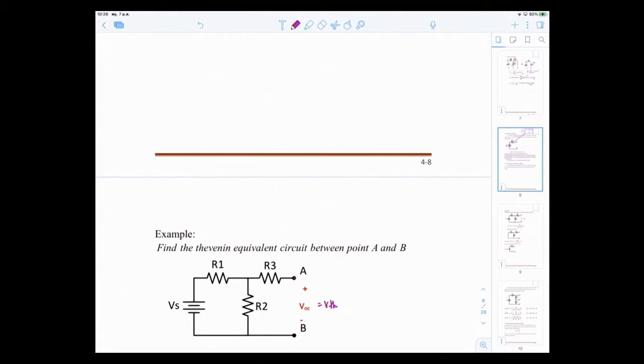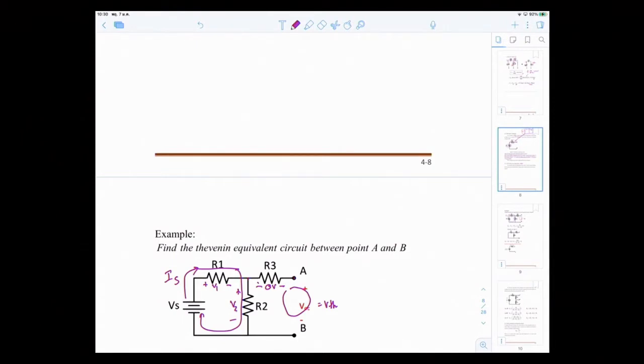In this case, the current comes out from the source, IS, goes through here, and comes to this junction. There are two branches, R3 and R2. But R3 is an open circuit right here. It's not a complete path, so the current does not go through R3. It all flows through here. As the current flows, there's a voltage drop, V1 and V2, VR2. As the current does not go into R3, there is no voltage drop across it, so 0 volts across R3.